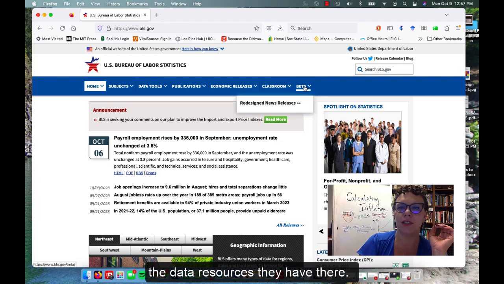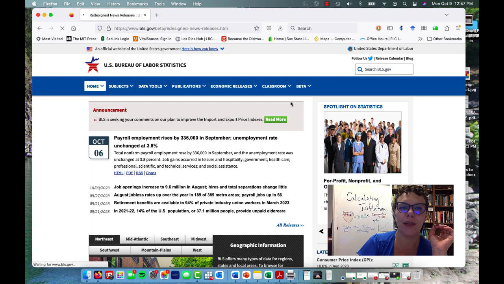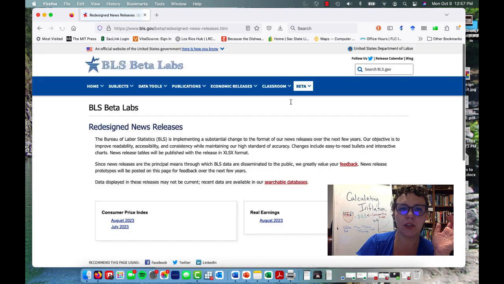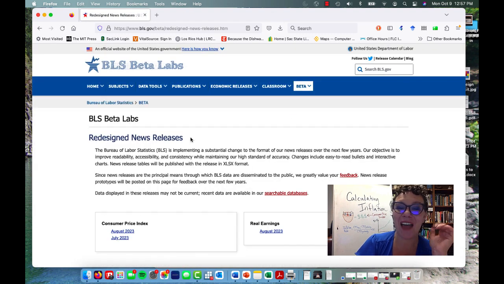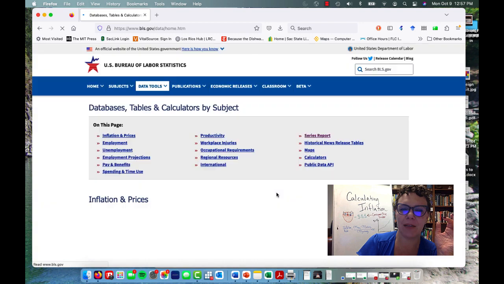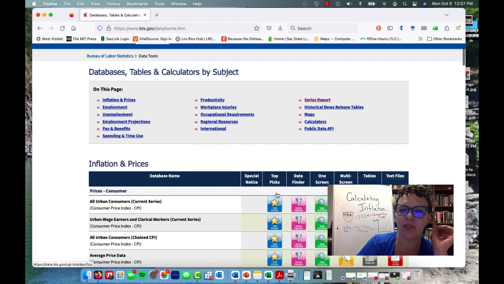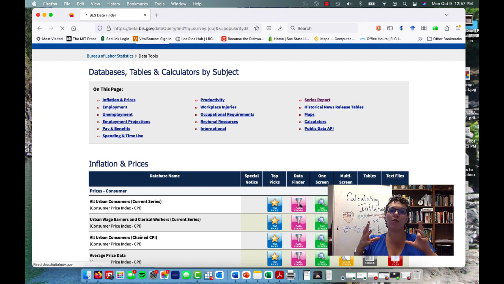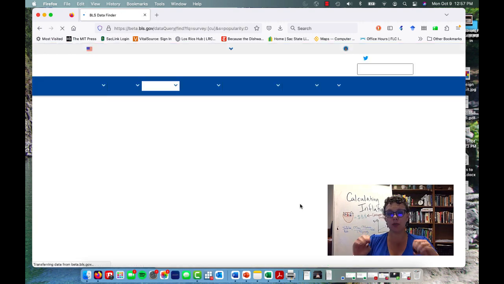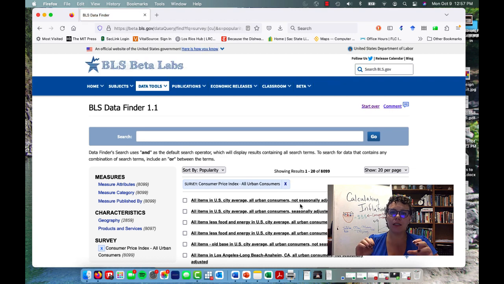Because when we go over to their Beta Lab, we can pull some actual price data. I'm going to go to their searchable databases and pull up price data on a couple of things. I just want to get something that's kind of representative. I'm going to go to the data finder and try to get something that represents what the BLS uses in their basket. Because the reality is the Bureau of Labor Statistics calculates prices for everything they think an average consumer will consume,